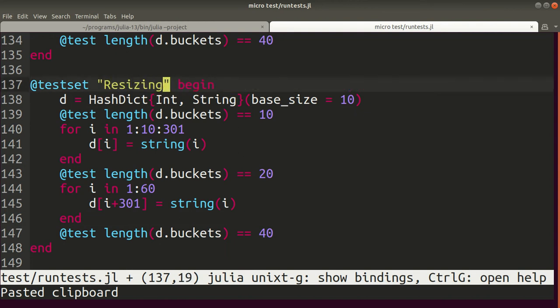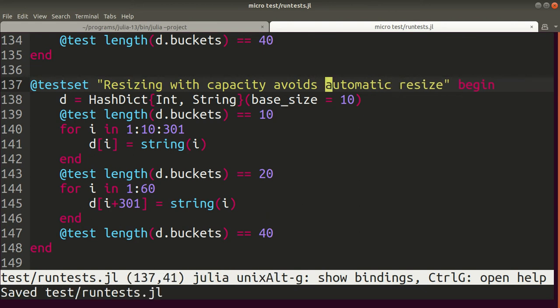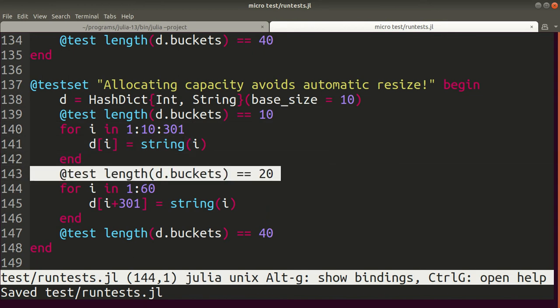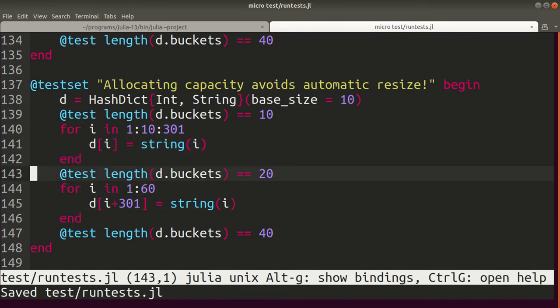Resizing with capacity avoids later resize or allocating capacity, so avoids automatic resize. So again, we create our dict with a base size of 10. We'll still test that we correctly get to a number of buckets of 20,